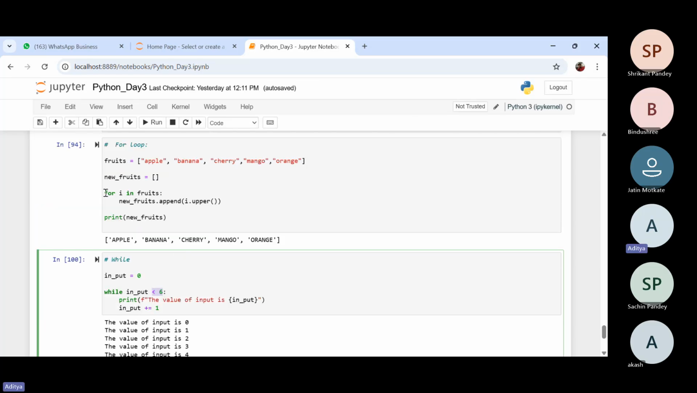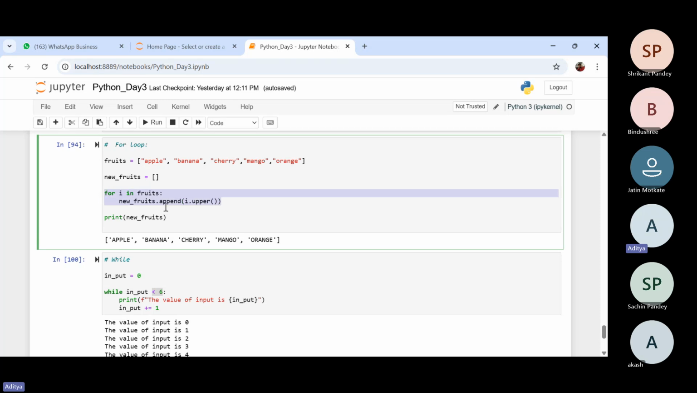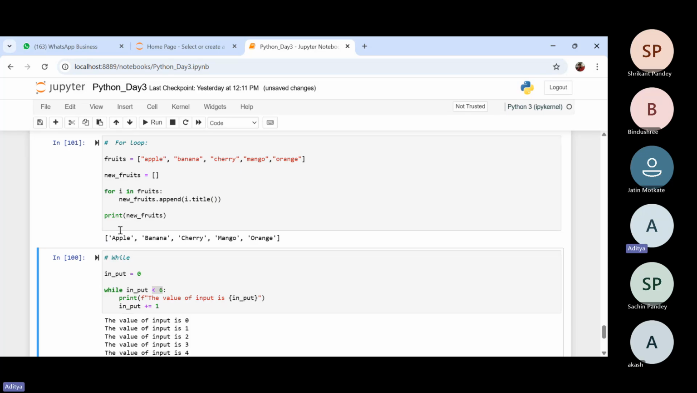The for loop is most important in our day-to-day work, because we will apply this kind of operation, like appending. It is just a sample I have given you, but based on requirement, we have to perform such kinds of actions in our day-to-day work. We can do upper, any method we can do. Like this, title. If I do a title,